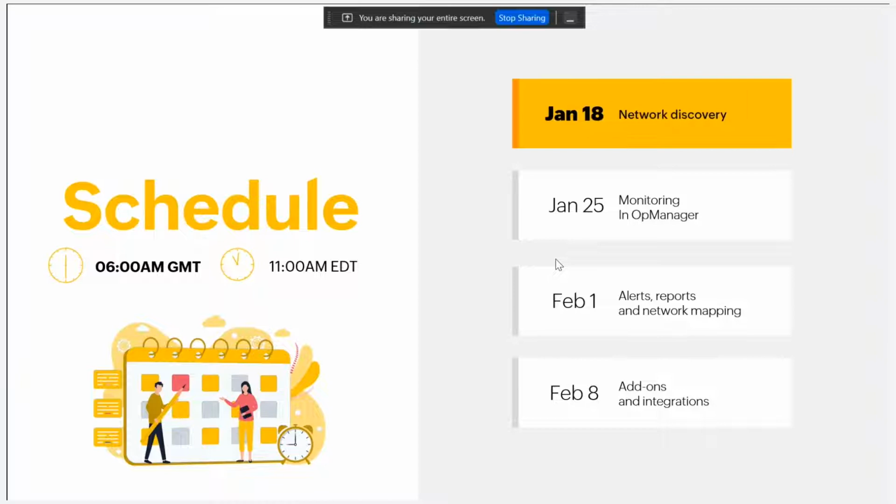This is the schedule for the season. The season's OpManager free training series is divided into 4 parts. Today on 18th January, we'll be talking about network discovery in detail. On January the 25th, we'll be talking about network monitoring. The third part, which is on February the 1st, we'll be talking about alerts, reports, network mapping. And on February the 8th, we'll wrap up the series by discussing add-ons, integrations, and third-party integrations that OpManager